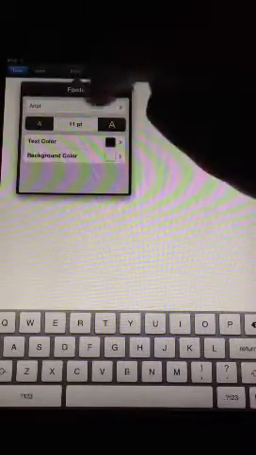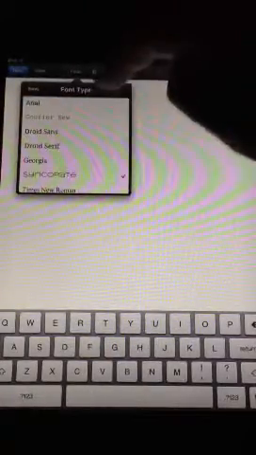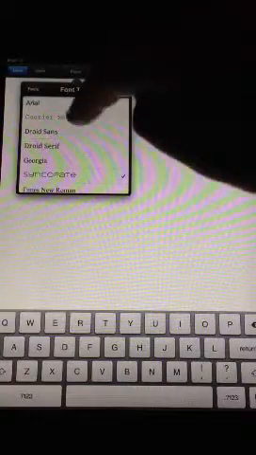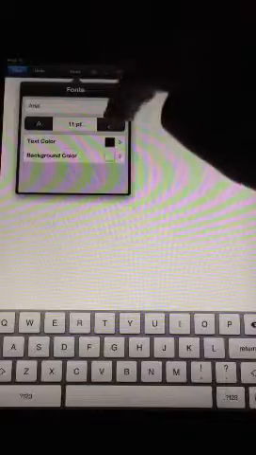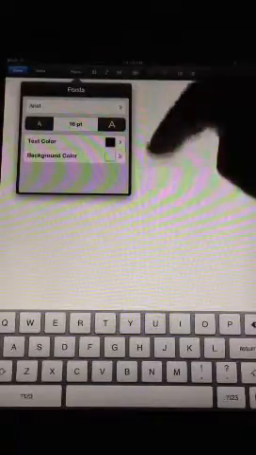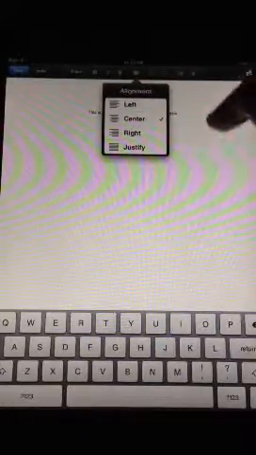So if we wanted to take this and bold that, or take iPad and change the font of it, and increase the size of that font, and center. So you've got a lot of those features,